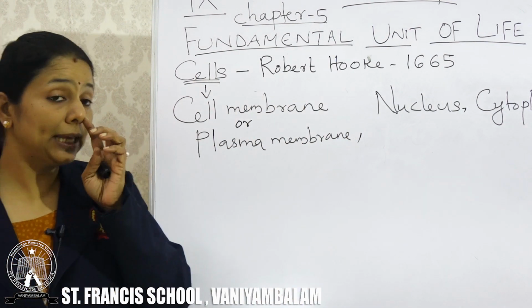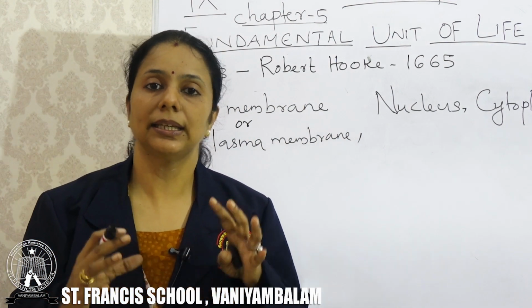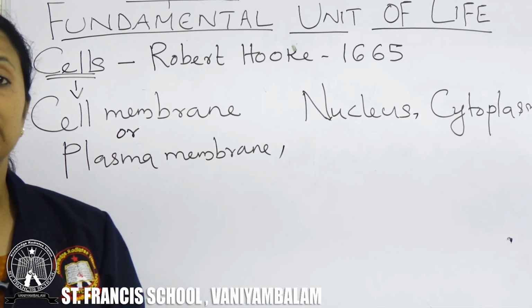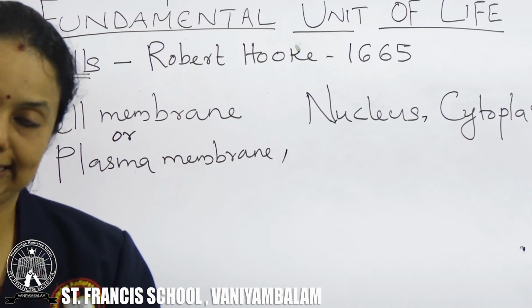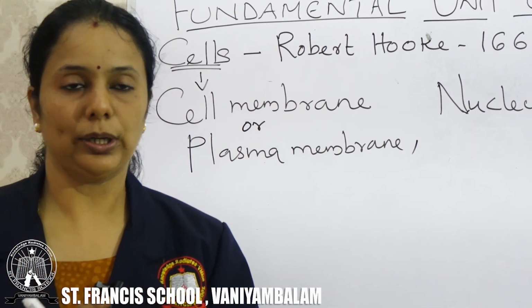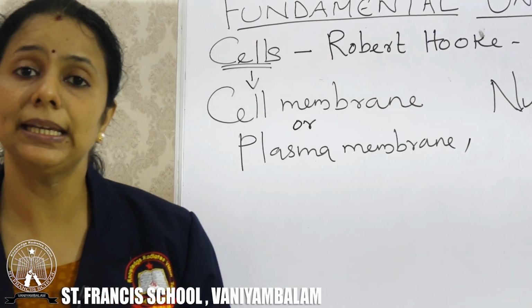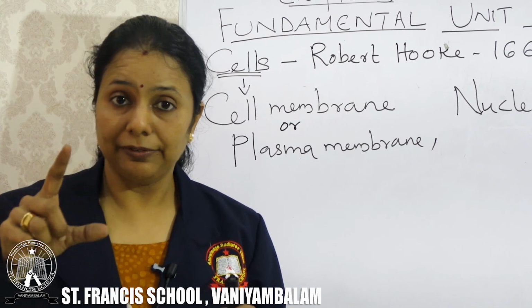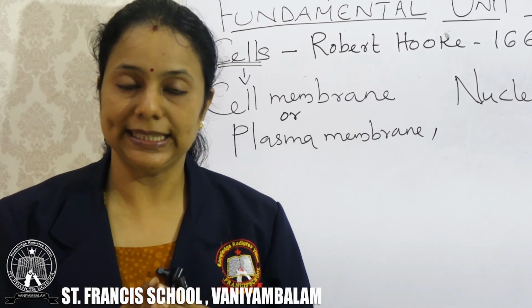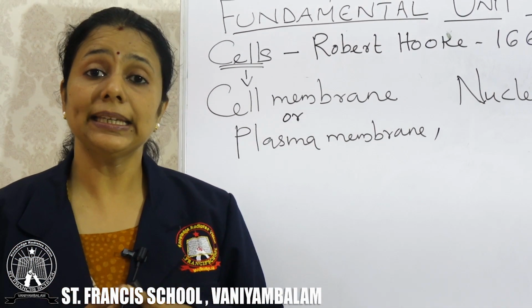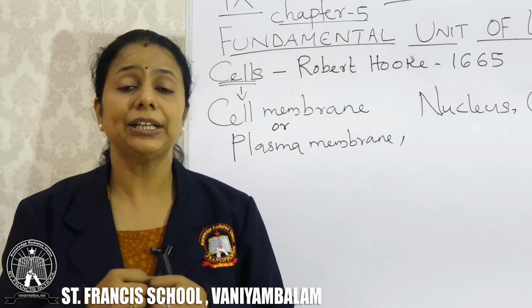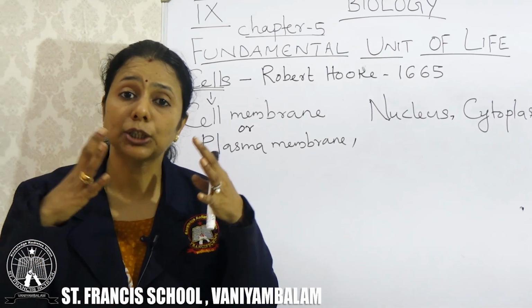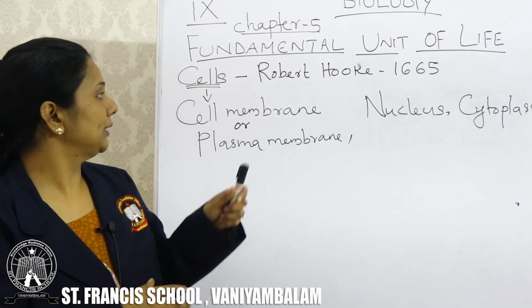These are the 3 main components in a cell. As you know, what is cell membrane? It is the thin outer covering of the cell which protects the cell, okay. The function of the cell membrane is the protection of the cell. It gives the thin outer covering and it gives protection to the cell, and also the cell membrane gives shape to the cell, and it also holds the cell and its components together, okay. So that is cell membrane.